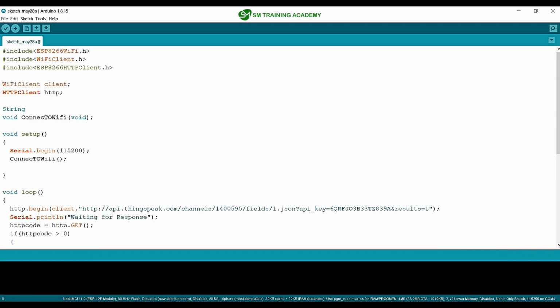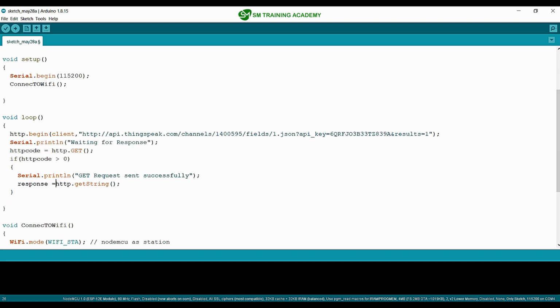So here I am just declaring a variable called response, which is a string variable, and I am going to receive the response from the ThingSpeak server using this variable. And once got, I will be just printing that onto the serial monitor, Serial.println of response.